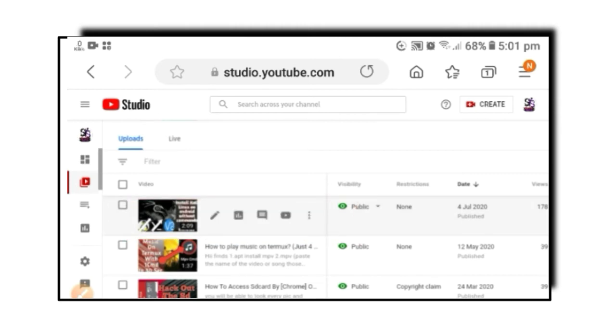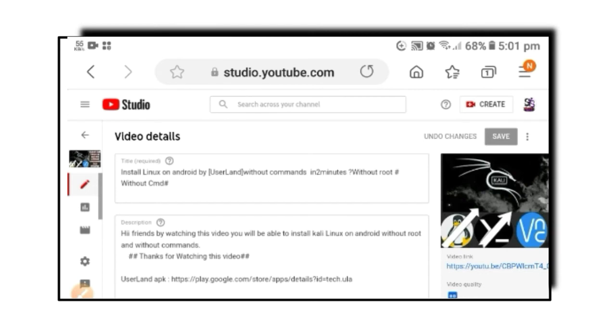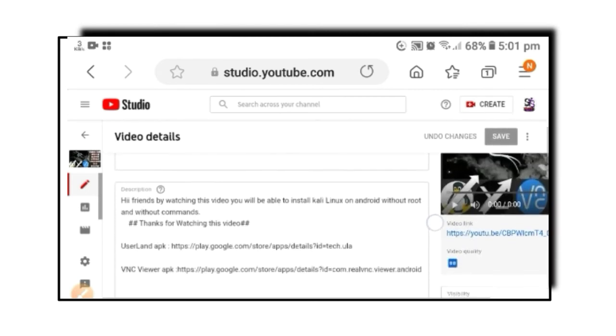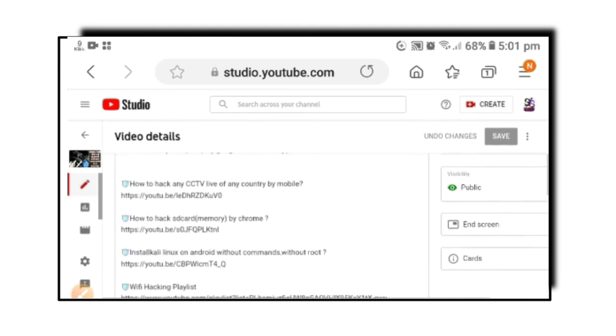So I will press on that video, and after that you can see an option like a pen. This symbol means edit. So I will click on that pen option, the edit option, and after that our video details will be opened. You can see the title and description that I have already written here.